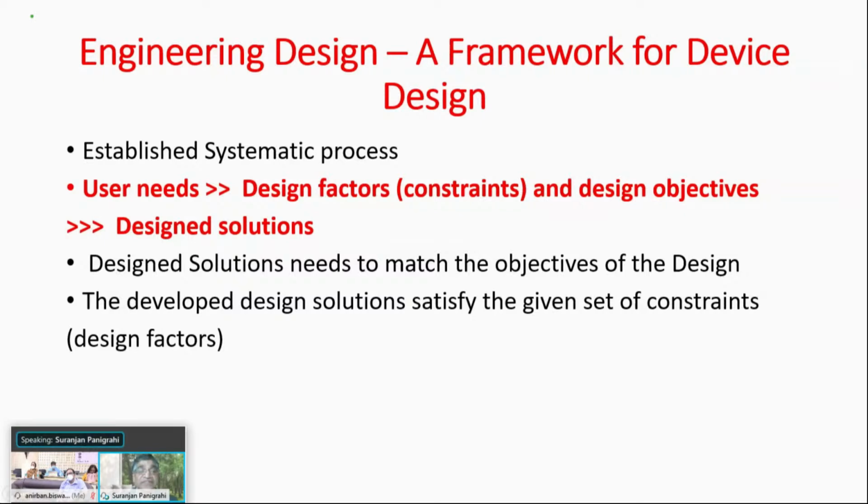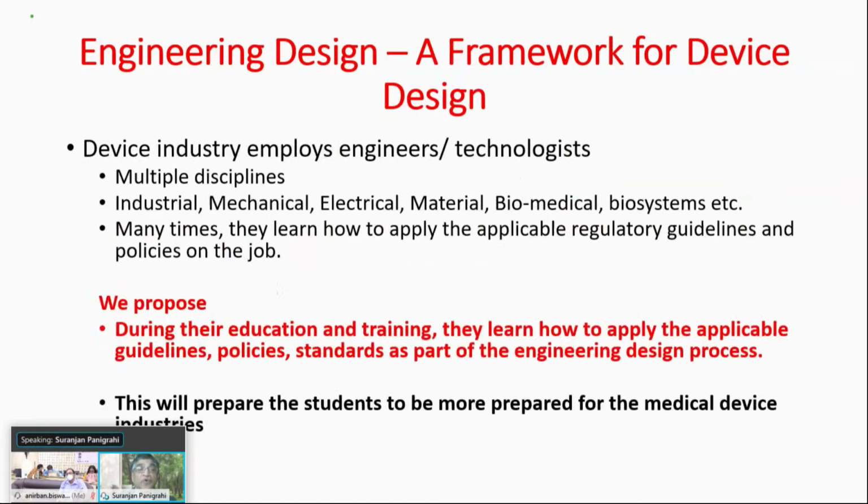But in this engineering design, the one key guiding factor is that the developed design solutions satisfy the given set of constraints. If the given set of constraints change, then the developed solution might not work. So therefore, it is very important to know what constraints and design factors we are developing and applying. And so from this perspective, when we look at the device industry